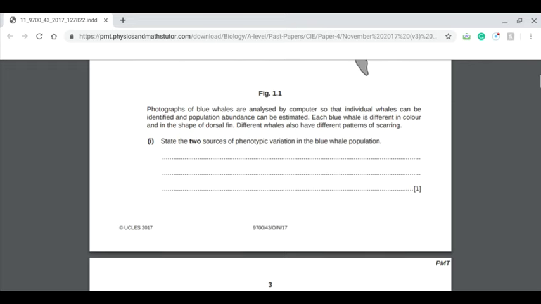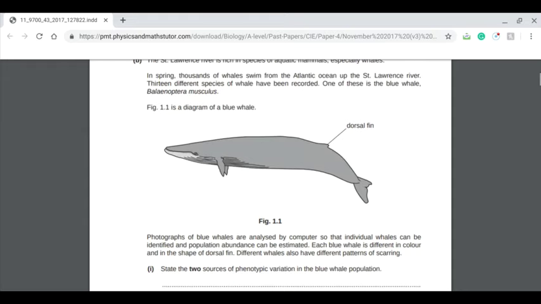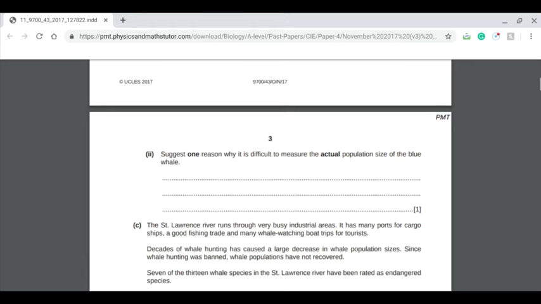Another pretty straightforward reason you could say is that they migrate. They're mobile organisms. They swim around. So that's that. But it's only one mark, so I would only put one, as the question really emphasizes suggest one reason. I do want to say that suggest questions are something I was taught by my teacher, and it still lingers in my mind,